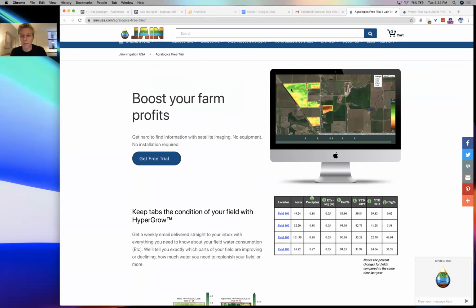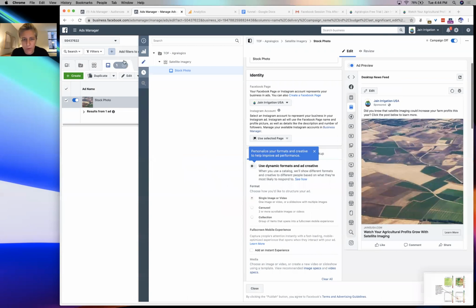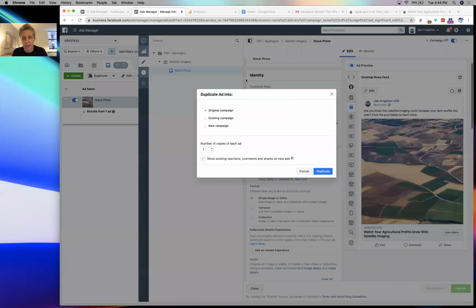Okay, great. So do you like this one or this one? This one, the second one. Okay, sorry. This one or this one? So I'm just gonna do, I don't know. We may edit this later before we launch, but for the sake of pure testing, I'm going to duplicate this ad so that all the rest of the information still is there. And I'm going to duplicate it into the original campaign